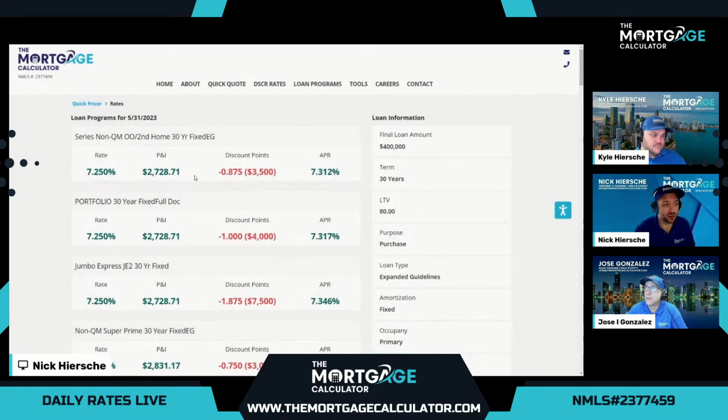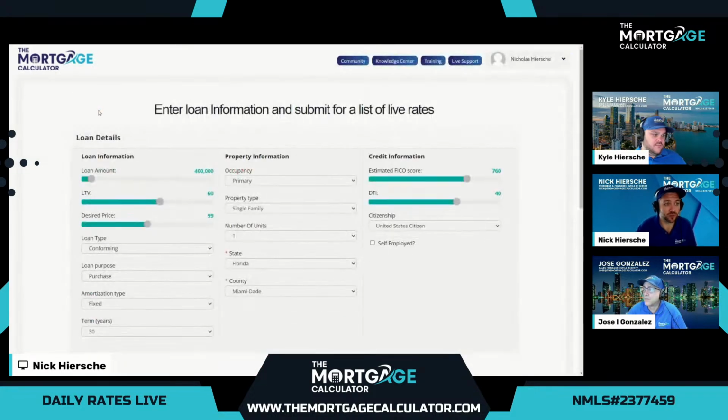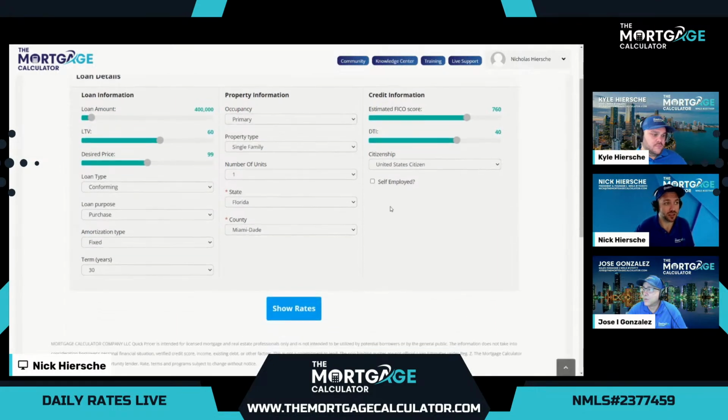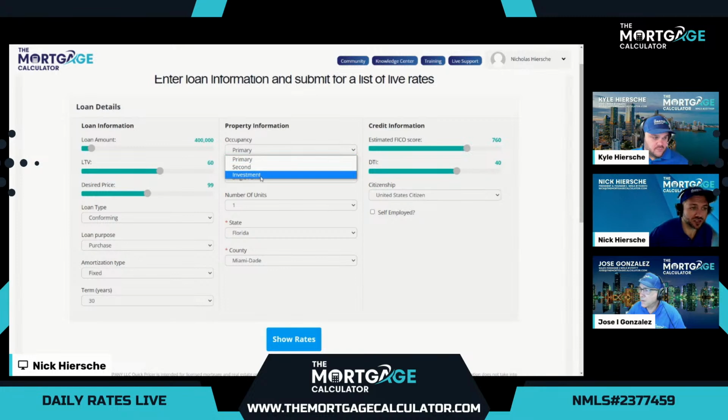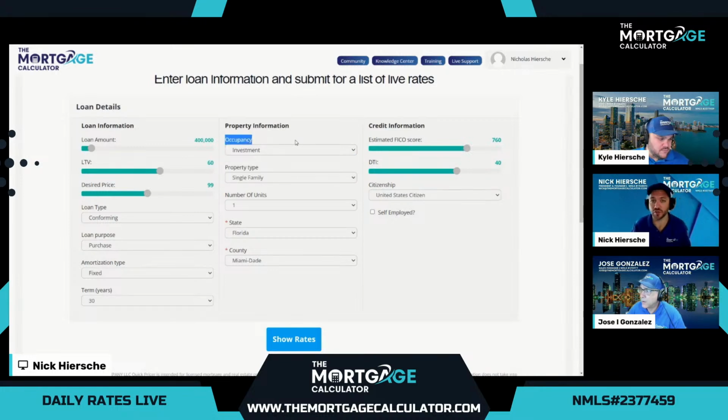Now, before we go into Jose's deep dive, we always want to do live pricing on investment properties. So for our final 2 demos, we will set investment property as the occupancy. We love to work with whether you're a first-time investor or you have dozens of properties, we have some great options for you. We'll set the LTV to 80, just like all our other demos, 80% loan to value, 20% down payment. We're going to compare our conventional investment property rates with our expanded guidelines, aka